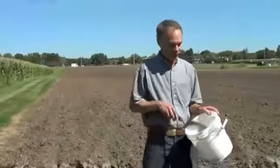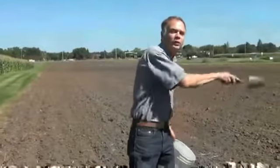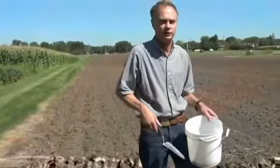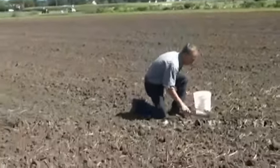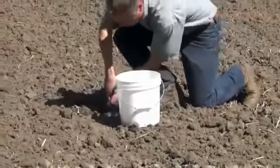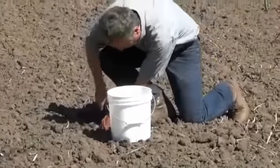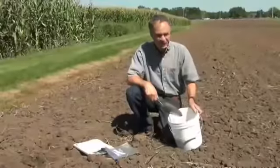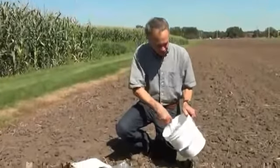Okay, so we've taken our initial sample. Now we're going to take 14 more samples in what we would call a zigzag pattern to get a kind of a representation of the area that you want to fertilize. Our 15 samples. One thing that's important to do is you want to make sure that you mix it up